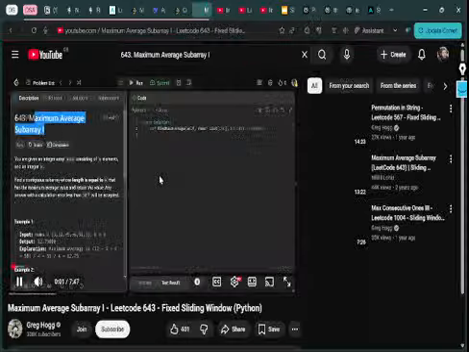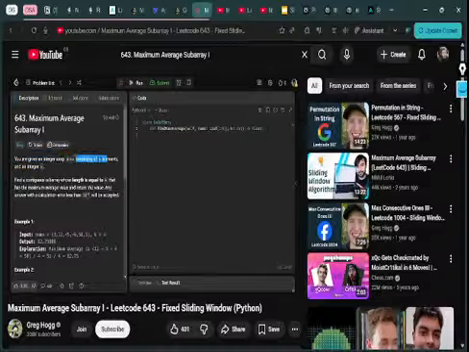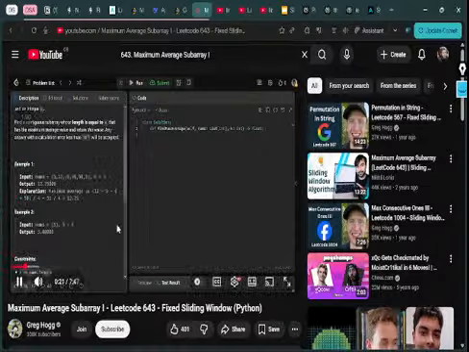Hey guys, Greg here. Let's solve maximum average subarray, LeetCode number 643. It's a great fixed length sliding window problem. So we're given an integer array of nums, and that has n elements, and we're also given an integer k. We need to find a contiguous subarray whose length is equal to k that has the maximum average value and return this value. So this example